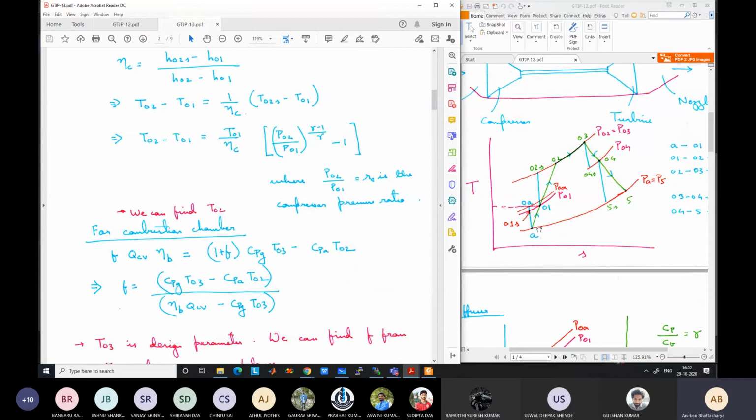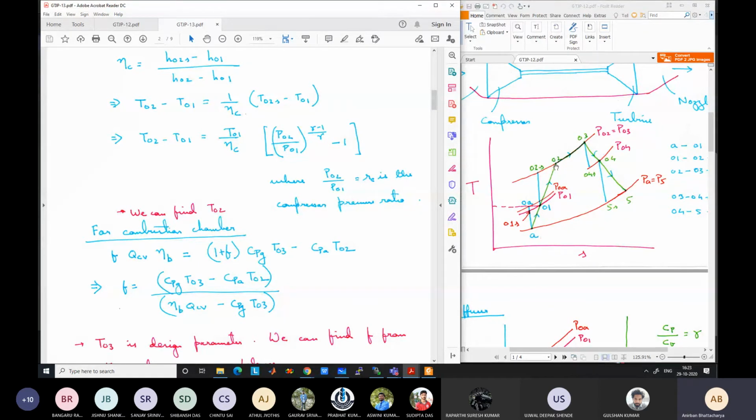Per unit mass flow rate of air at the inlet, m dot A, what is the mass flow rate here? It is equal to 1 plus F, because F amount of additional fuel has been added. If mass flow rate is 1 and fuel air ratio is F, so 1 plus F is the mass flow rate of the combustion products. This is again same as what we have discussed previously. So 1 plus F into Cpg into T03. This is the energy at this point.